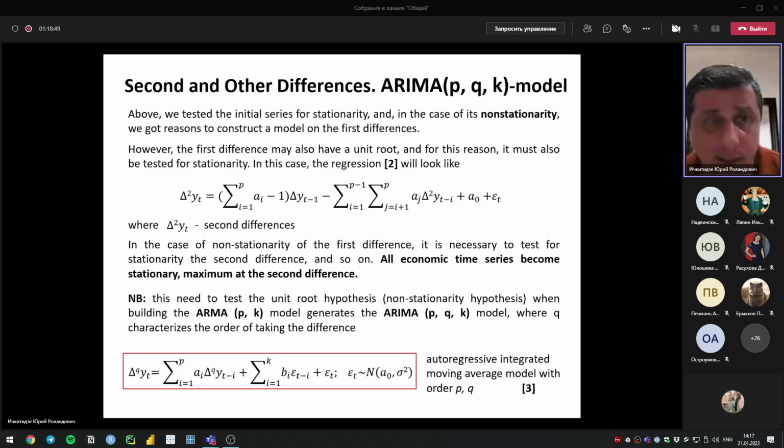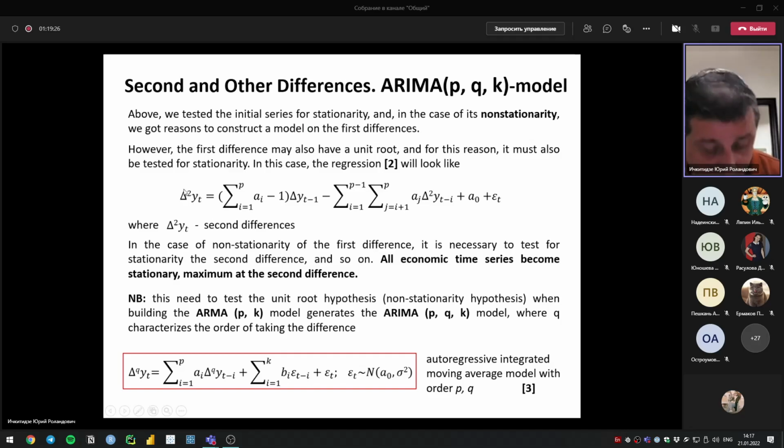So far we have tested the original series for stationarity, and in case of its non-stationarity, we have received the basis for constructing an autoregressive model on the first differences. However, it may turn out that the first difference will also have a unit root. That is, the first difference of an economic indicator also needs to be tested for stationarity. In this case, the regression that is being tested looks like